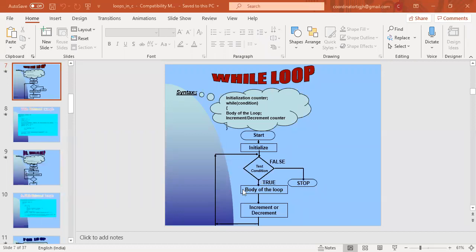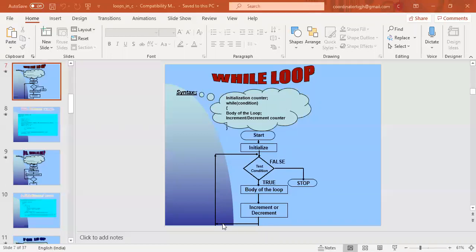And of course, there is a loop body, whatever statements are written there, all of these statements are executed line by line. After that, maybe there is an increment or decrement, whatever the variable we use here, maybe the variable is incremented or decremented according to my problem statement.